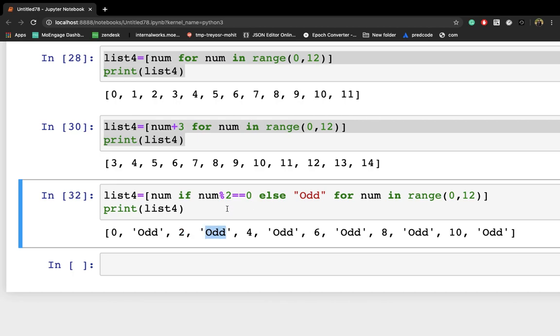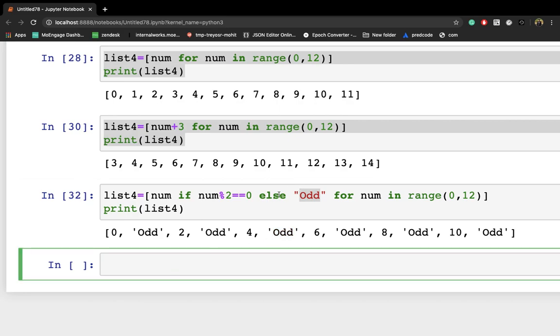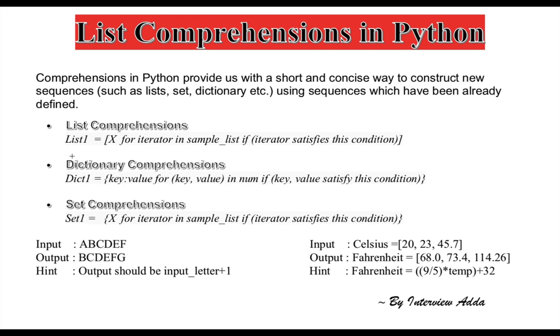For all even numbers, let's say 4 modulus 2 is equal to 0, so it will print even. And 5, which is an odd number, 5 modulus 2 is not equal to 0, so it will print the else condition, which is odd. So that's how we can use list comprehensions.